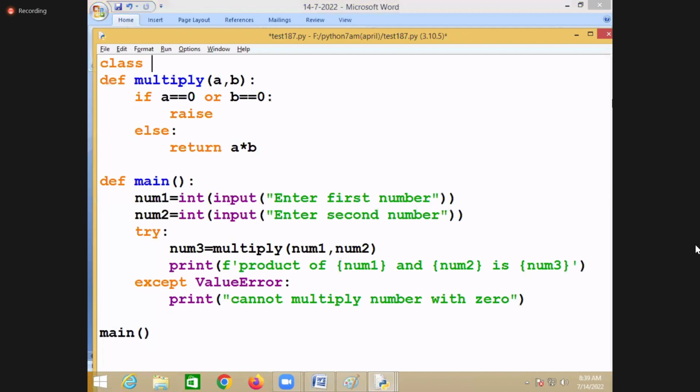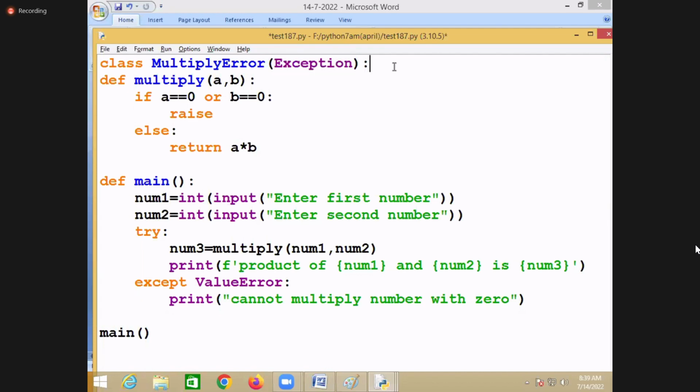What is the name of the type? MultiplyError. And this MultiplyError inherits the properties and functionality of which class?